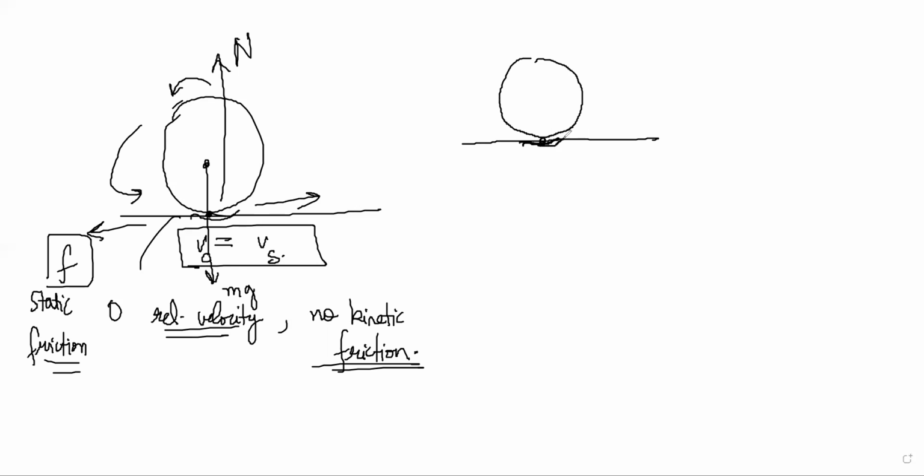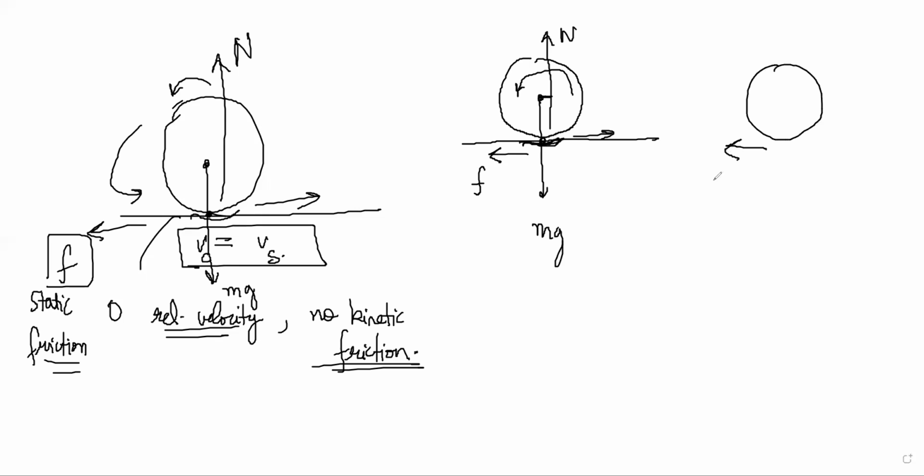When there is a mass on it, it is deformed and the normal force is not always going to act directly down from the center. If it is slightly shifted, it will create a torque about the center. If it creates a torque, then there is a tendency to slip at this point, and that creates a friction which wants to oppose that slipping. As a result of this friction, there is a net force on the center of mass in the horizontal direction, which causes a deceleration.